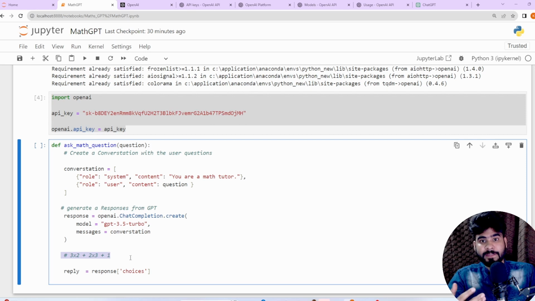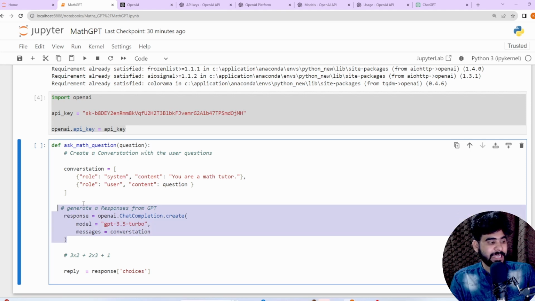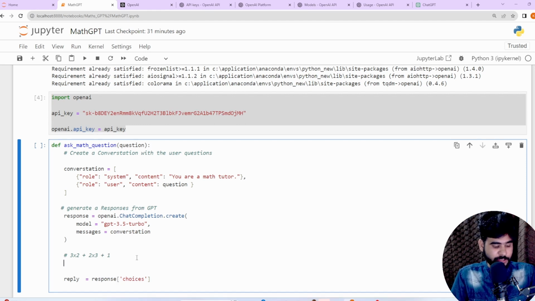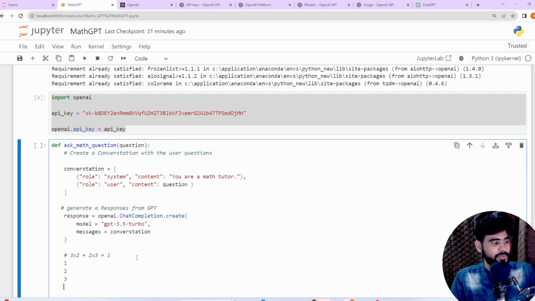Based upon this equation, I need a complete, accurate explanation. Whenever we send this query, our GPT 3.5 turbo model will create a complete response, and this response.choices key will hold it, because whenever it returns the response, it will create multiple lines, 1, 2, 3, 4, 5.